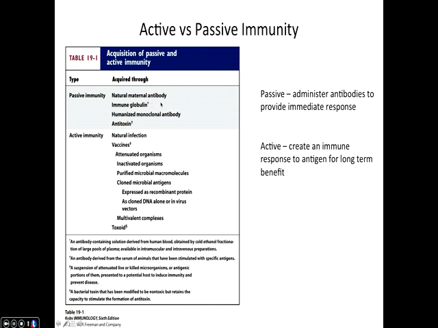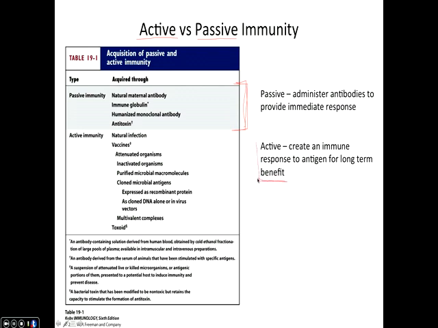Okay, so when we talk about vaccinations, immunizations, there are really two types of immunizations: you can have active or passive immunizations. Now, passive, we won't spend a lot of time talking about, but the basic idea of passive immunizations is that you're just administering antibodies, so purified antibodies, not necessarily from the same organisms. They could be human or horse, depending upon the treatment. But they are short-term. They provide kind of an immune boost, but they don't create memory cells.